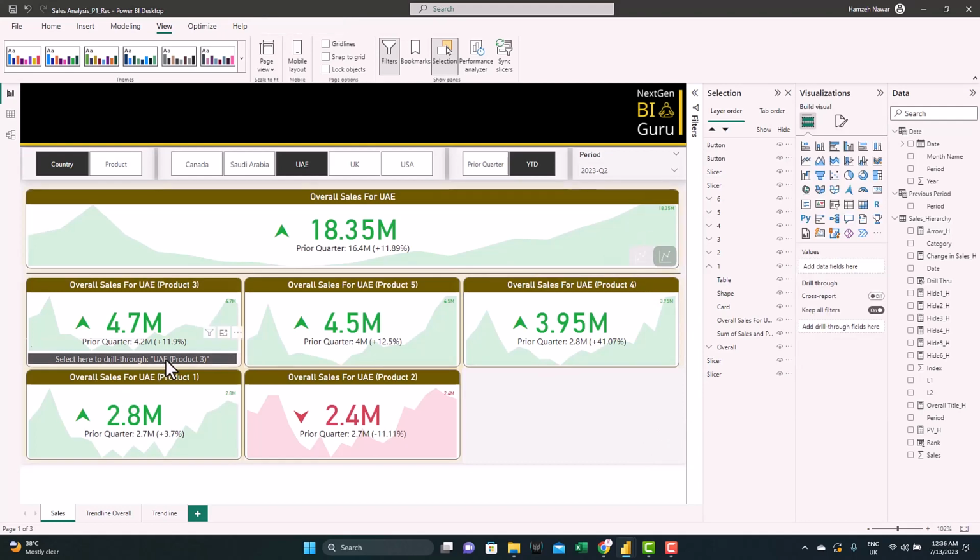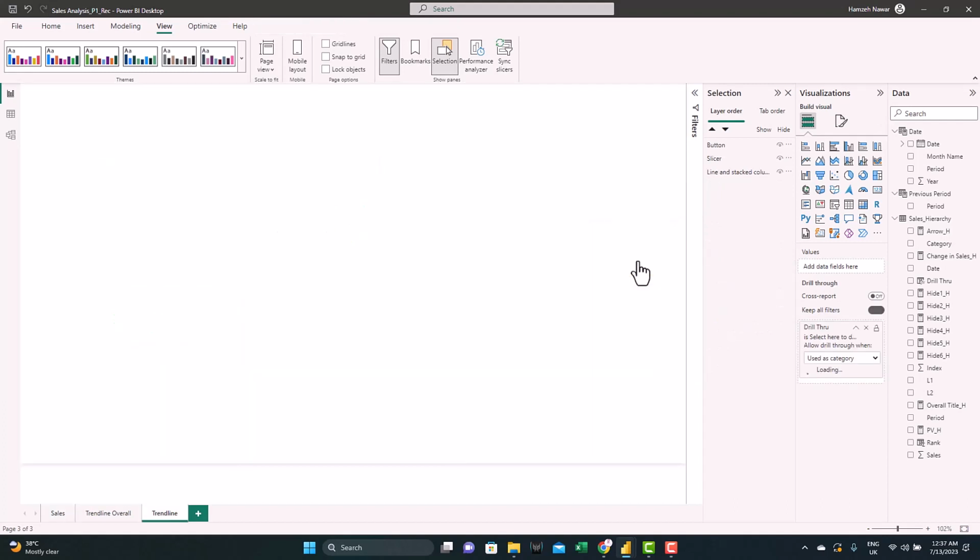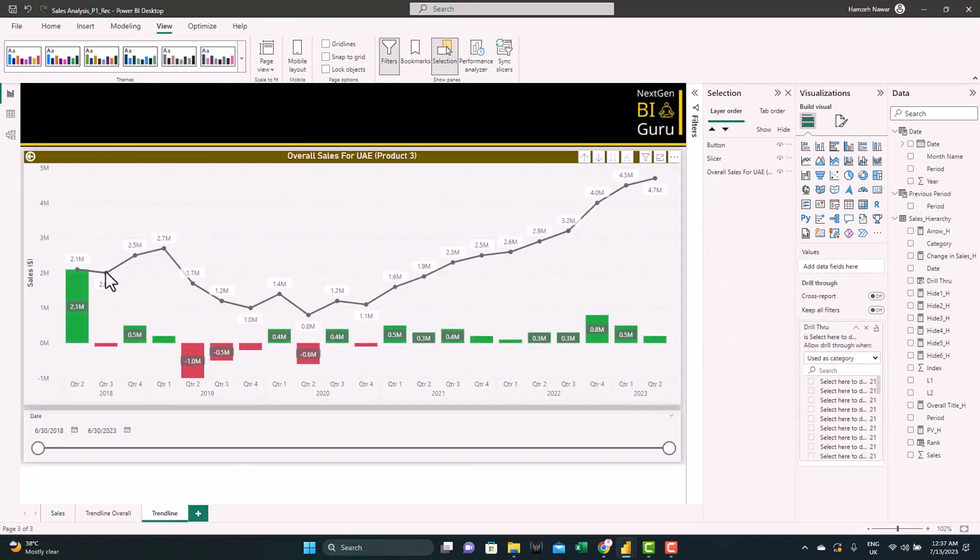Now if we click in the value inside the table, we can see the drill through button get activated. If we click on it, we can see it takes us to the drill through page with the title updated for this KPI and the values as well.